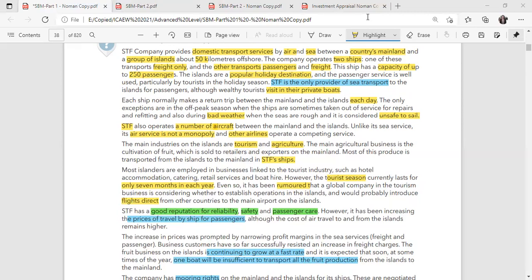In terms of threats, I'll just mention a couple quickly. One is this new global tourist company, which is thinking of starting a business. Currently, the scenario mentions that they might introduce air travel, but at the same time, the sea side is also quite attractive, with good margins and no other competitor. So there's still a threat that substitute services might be introduced.